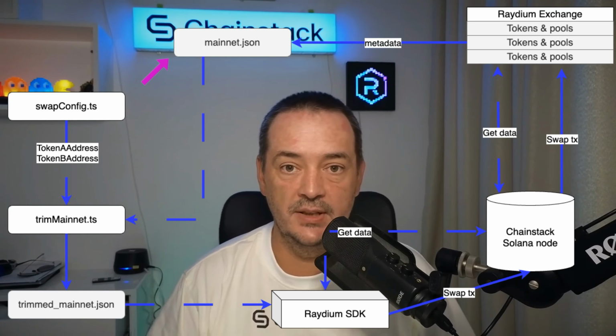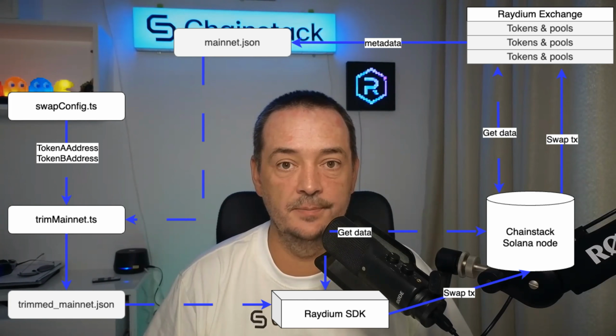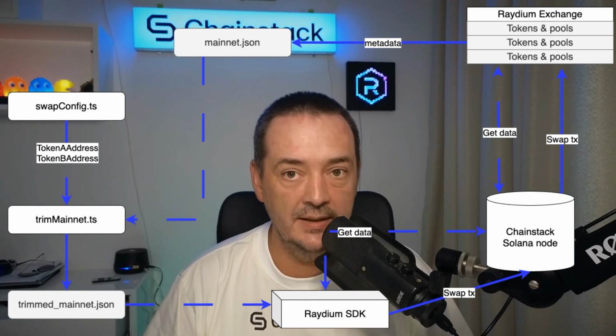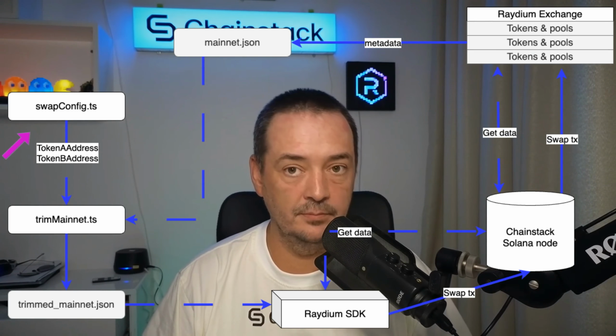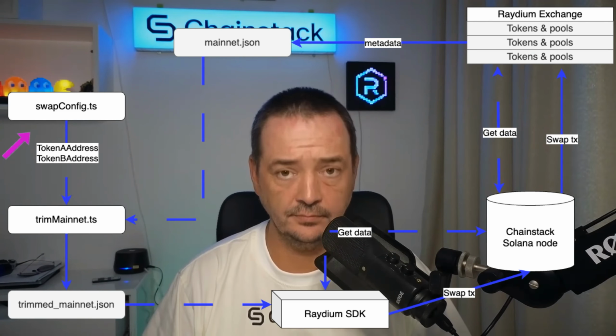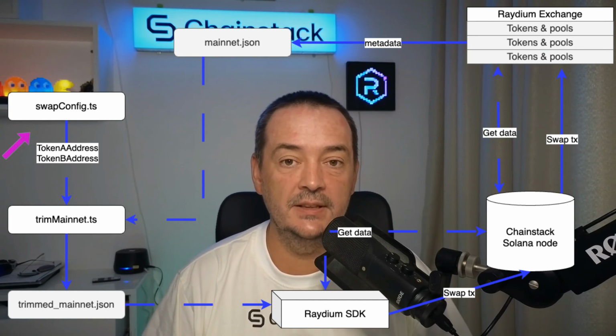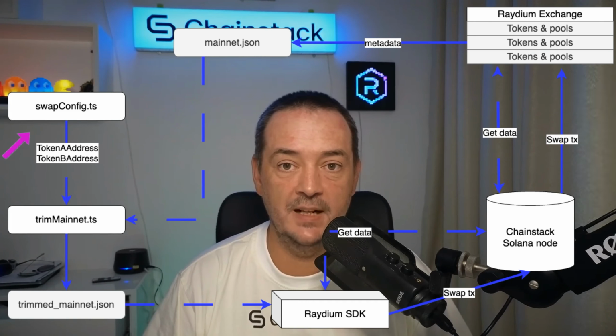So that's why we need some sort of preparation. We need to download the main.json file first to our machine. Then we provide the addresses of the tokens that we're going to base the exchange on in the swap config.ts file. We are going to touch later on this file. And having provided the token addresses in the swap config.ts file and having the huge main.json file, we now run